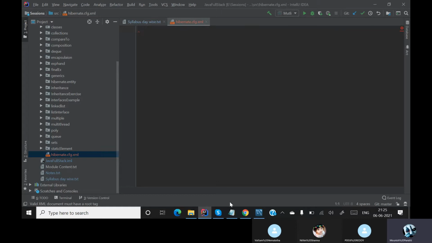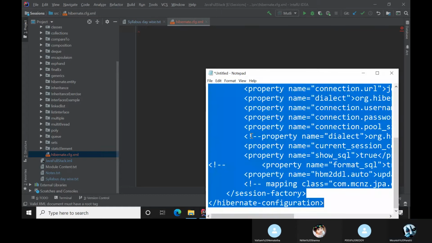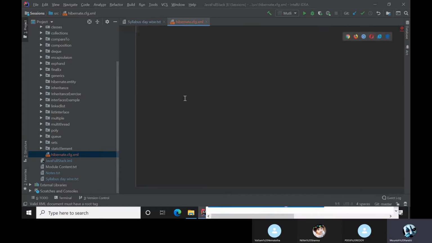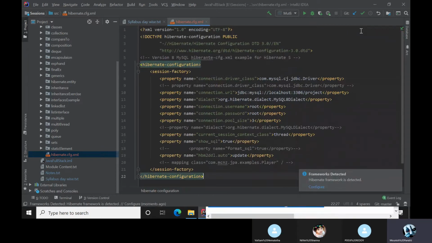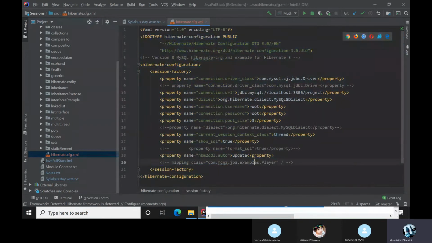Okay, inside this XML file I'm simply copying and pasting this particular code, and it is already telling me that a Hibernate framework is detected. Okay, so let me go through this XML file once. So what is this file? You will get this file online.